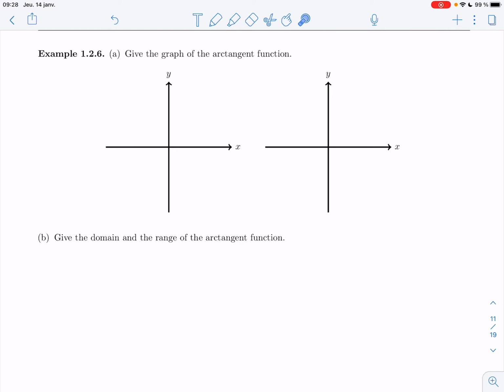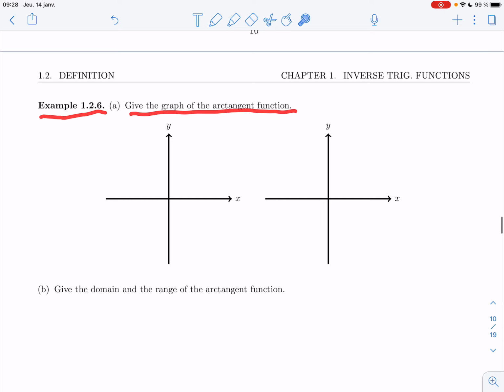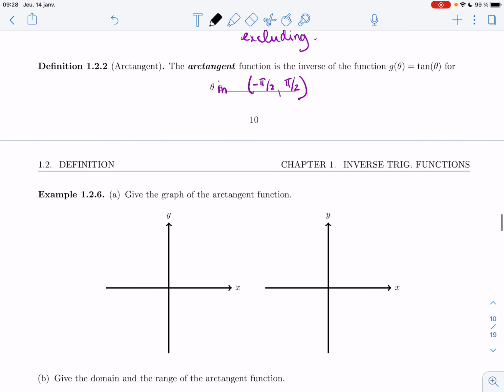Welcome back. In the last video, we defined the arctangent function. Now in example 1.2.6, we'll give the graph of the arctangent function, and then we'll talk about its domain and its range. All right, so when we defined the arctangent function, we restricted tan to be between minus pi on 2